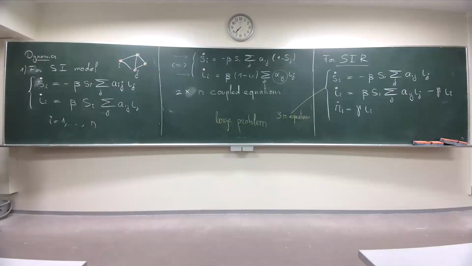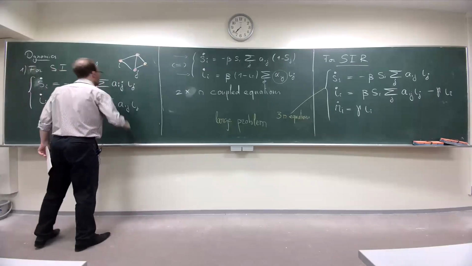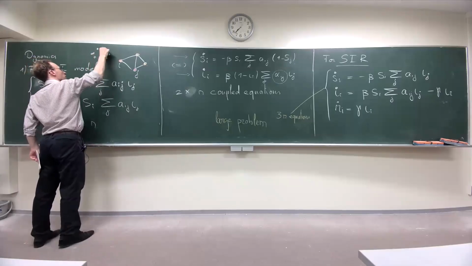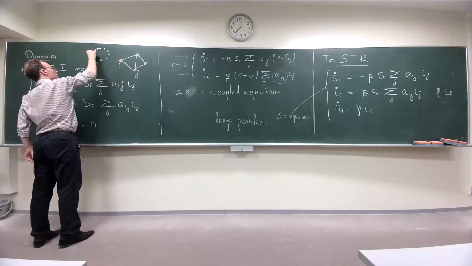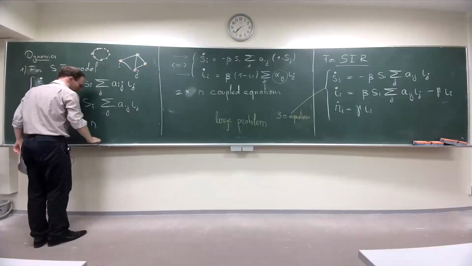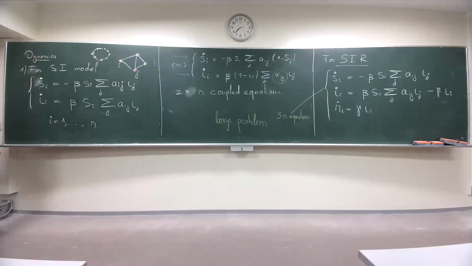But it also depends on the geometry of the graph. For example, if your graph is a cyclic graph, you can directly guess what is going to happen. The evolution can only go in 2 directions, and so on. So the evolution depends now on the structure of the graph.